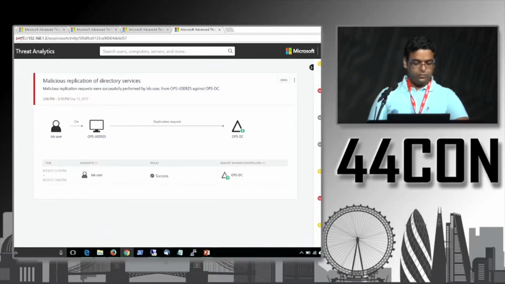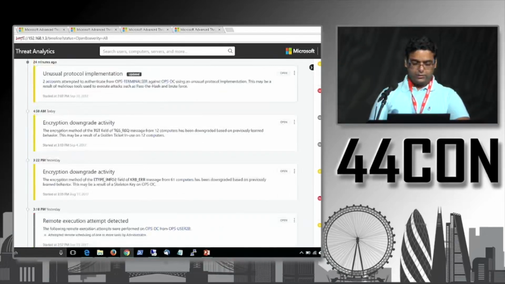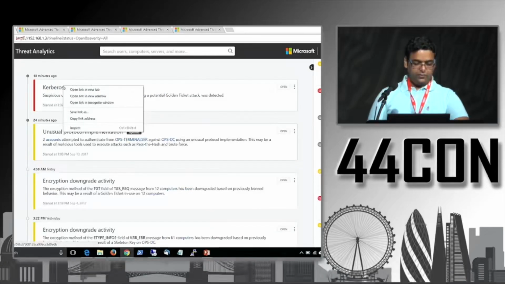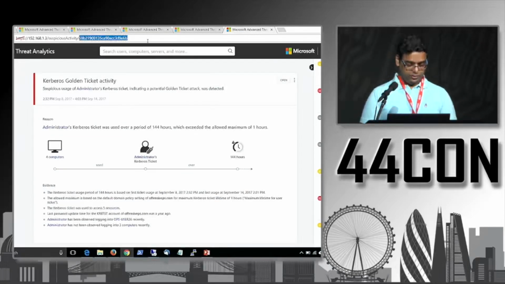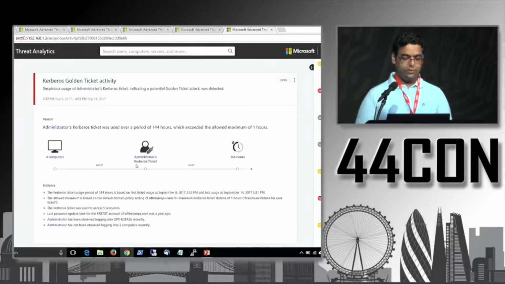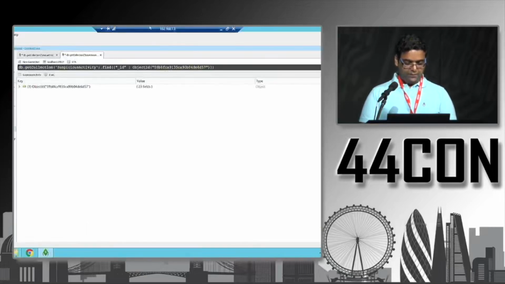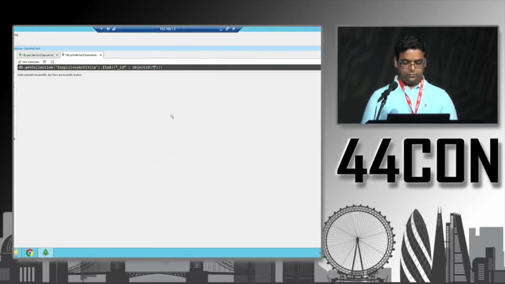You can simply do something like this as well. So let's say we do not want this Kerberos golden ticket activity alert to be seen. You can simply try this. Of course, you need not have access to the console all the time. I'm using these IDs so that it's quick to demonstrate. So if we look for this particular activity, if we run it like this,